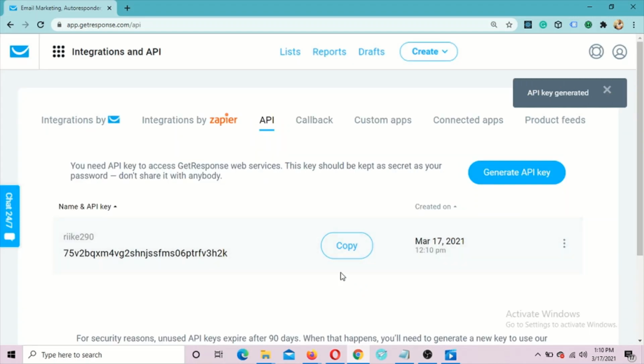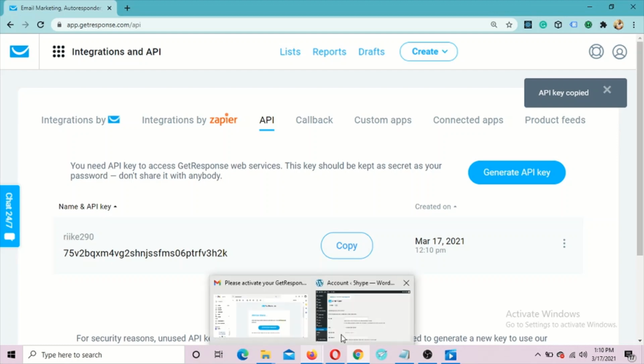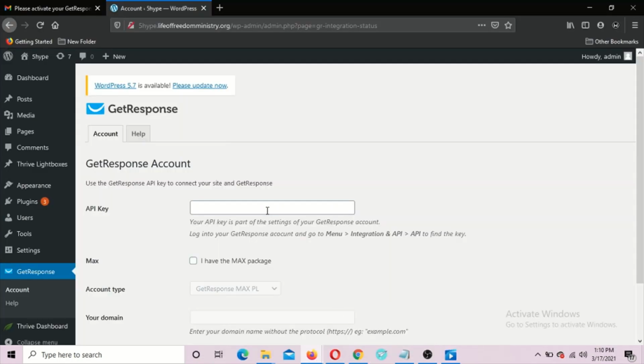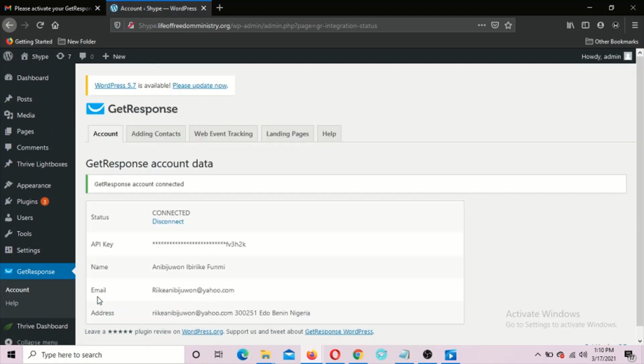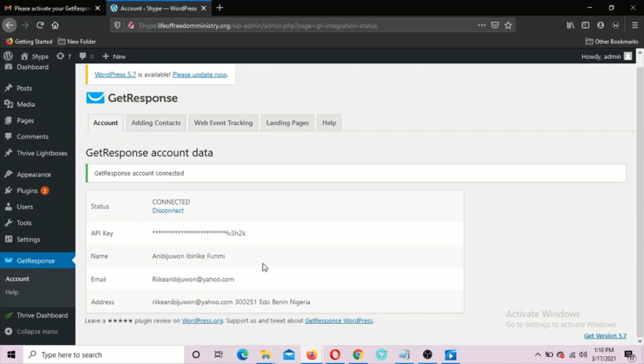All right, so when we've done that, you can see the API has been generated. Click on the copy button here. Then let's go back to our WordPress dashboard. On the API key here, paste, then scroll down and connect. So click on the connect button. All right, so you can see that we've connected to our GetResponse account. This is the name of the person that owns the account, the email, then the address of the person. So we've successfully connected our